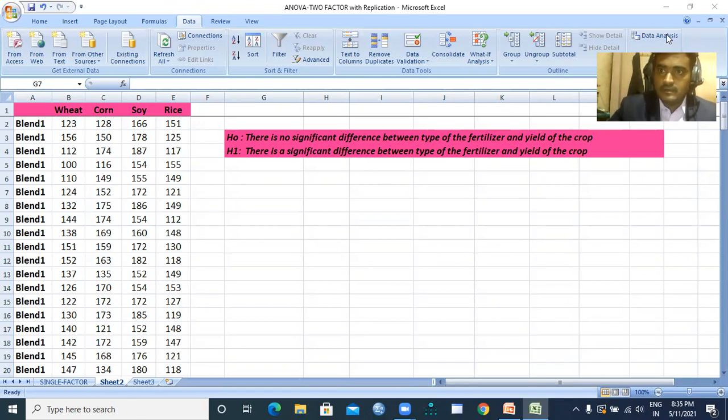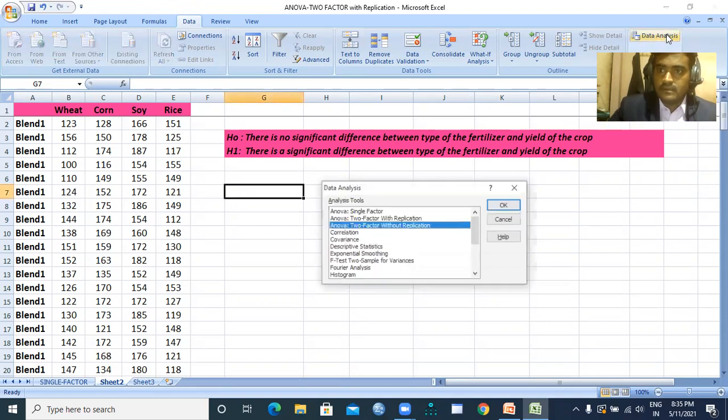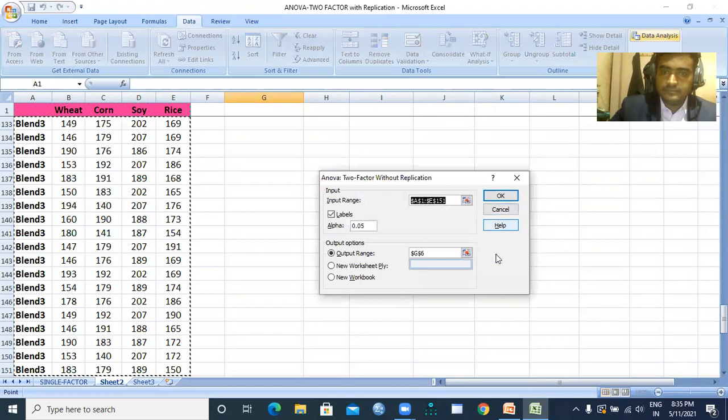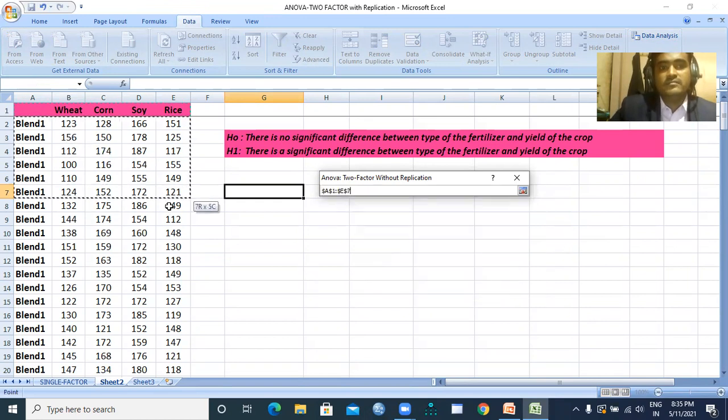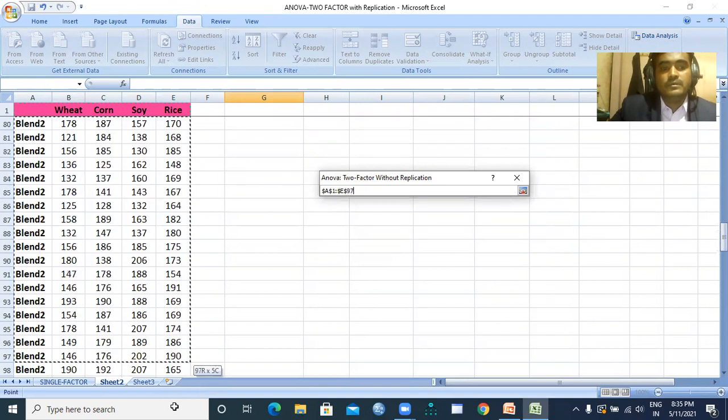Now just click on Data Analysis tools. When you click here, choose ANOVA two-factor without replications. Now click OK. When you click OK, what you have to do is select the data from top to bottom.